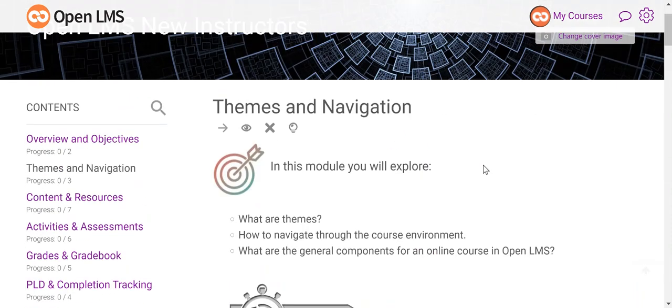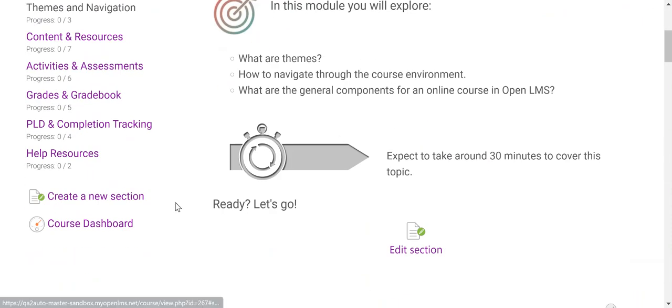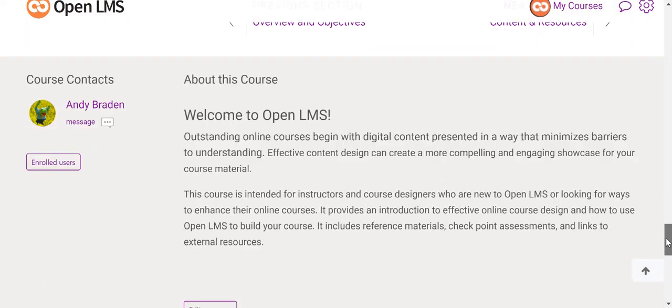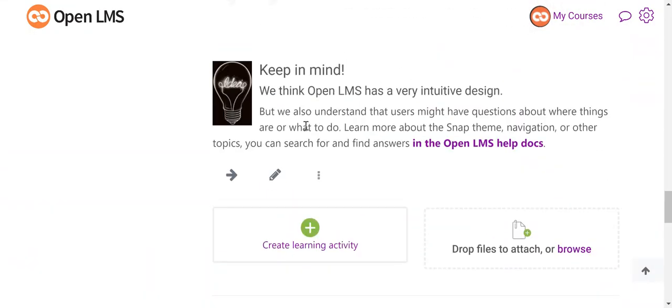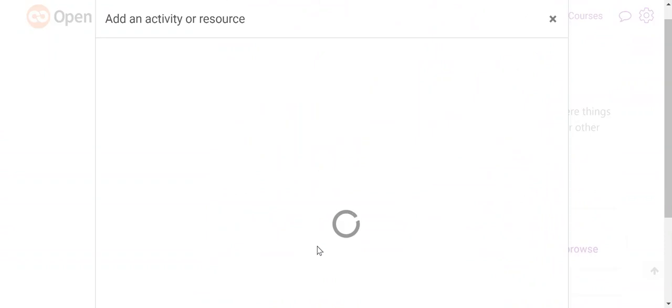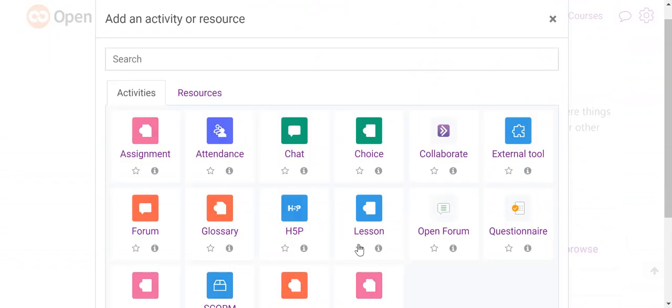Now, let's say I wanted to add an activity or resource. I'm going to scroll down a bit. Oop, too far. And I'm going to create a learning activity. When I click this, I do have the activity chooser. You can see that we are still working on the UX a little bit with the icons themselves, but those background colors for the things that are in the different categories of assessment, data, collaboration, and content, those colors are